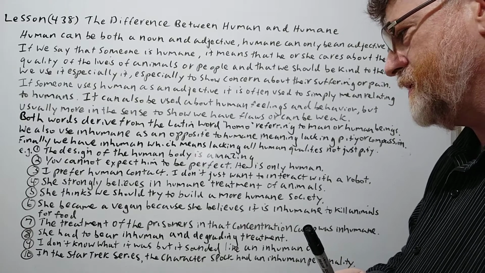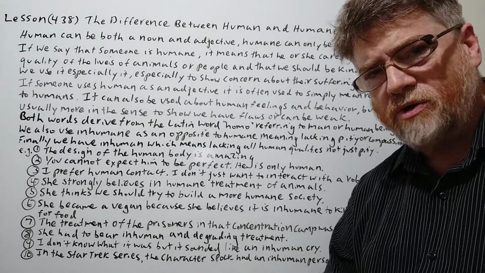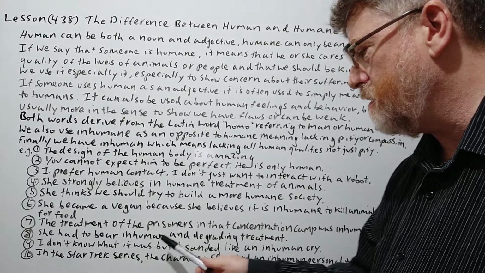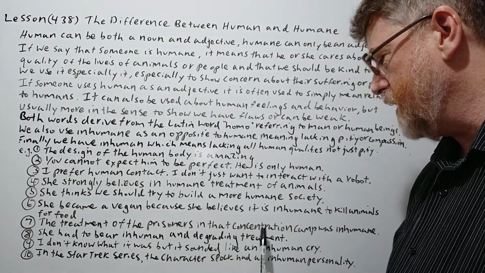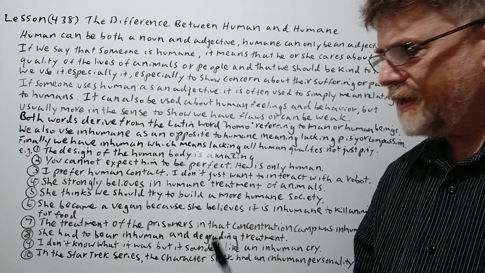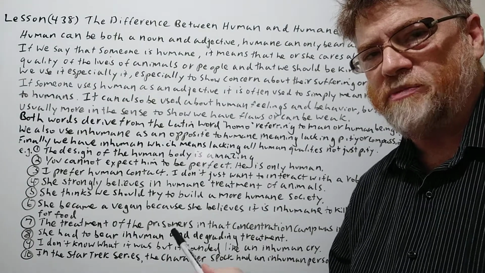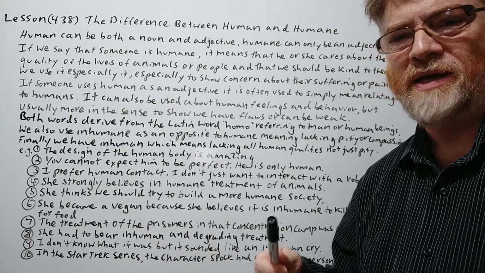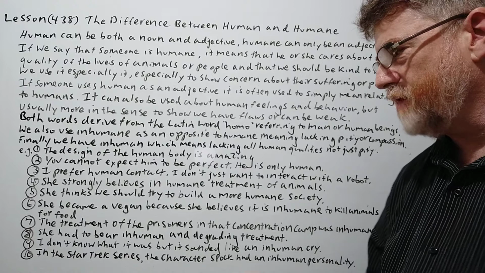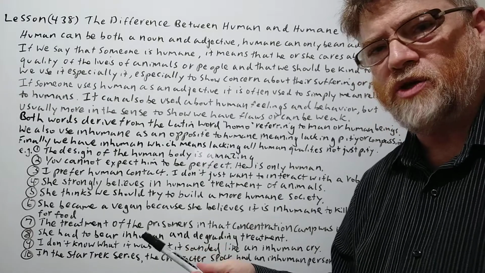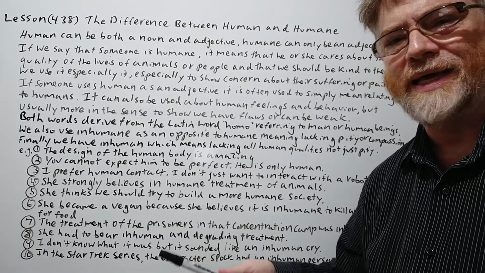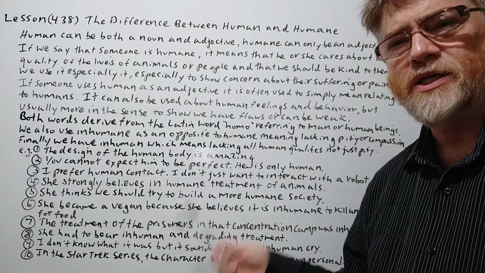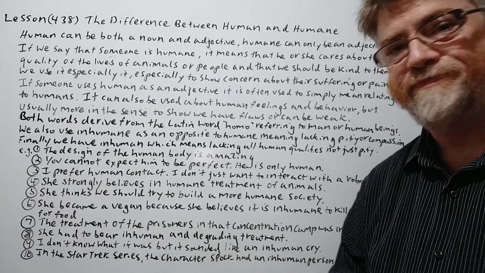Okay, let's continue. Now here's one where there could be a slight bit of crossover. She had to bear inhuman and degrading treatment. You might have been able to say inhumane here too, especially if you meant that they might have been mistreated or tortured or made to suffer. But we could use inhuman in the sense that it was not like humans at all. So we might still hear it this way.